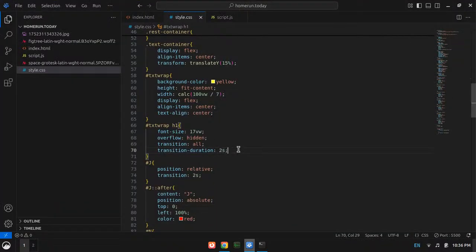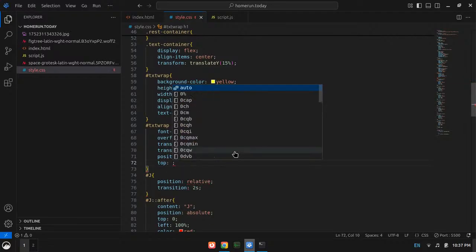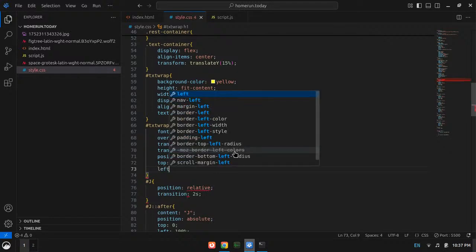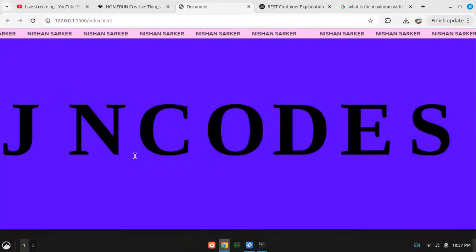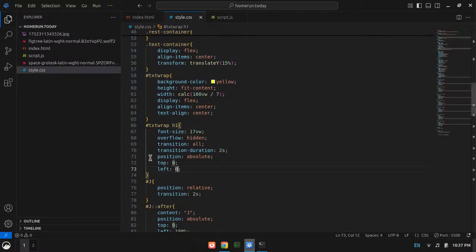Okay, I think I need to give it a position of absolute. Then top 0, then left 0. Now will it work? What the hell has happened?